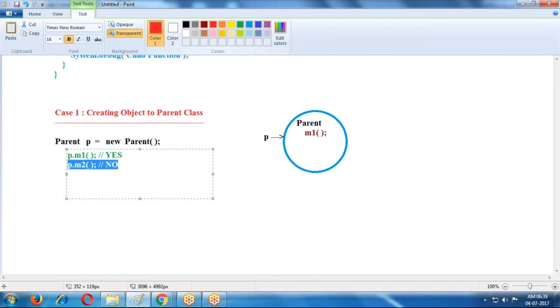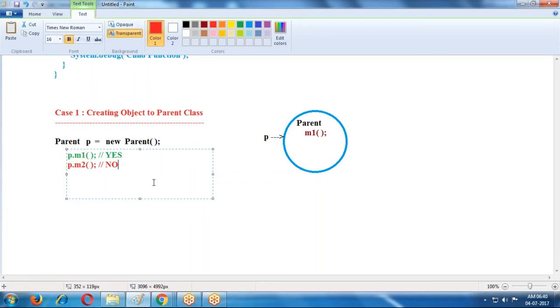Tell me. You designed a plan for first floor and second floor, but you constructed only the first floor. Does the second floor exist? No. In a similar way, we created parent and child classes, but you are assigning memory to only the parent class. In that case, child class properties are not available. That means we cannot use the child class property. The m2 property is available in the child. Can we use the m2 property? No, we cannot.